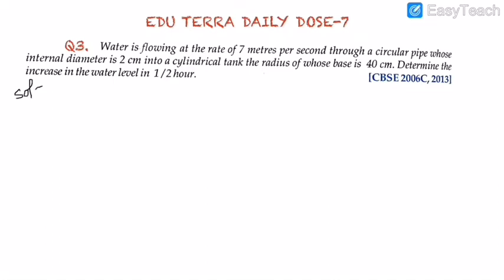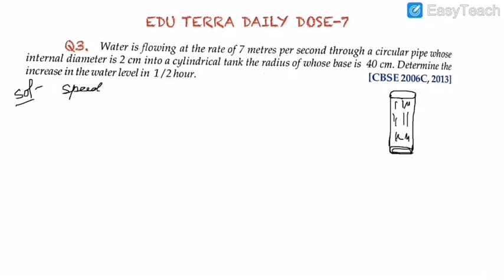So here we have to find the volume of water in 1 minute, otherwise in 30 minutes. Then after you can do the same. See, the water is coming in the figure. The water is coming from a tap, a circular tap, otherwise a circular pipe. So first we will try to find in 1 second it is given 7 meters. So in 1 minute how much length, how much height it will cover.